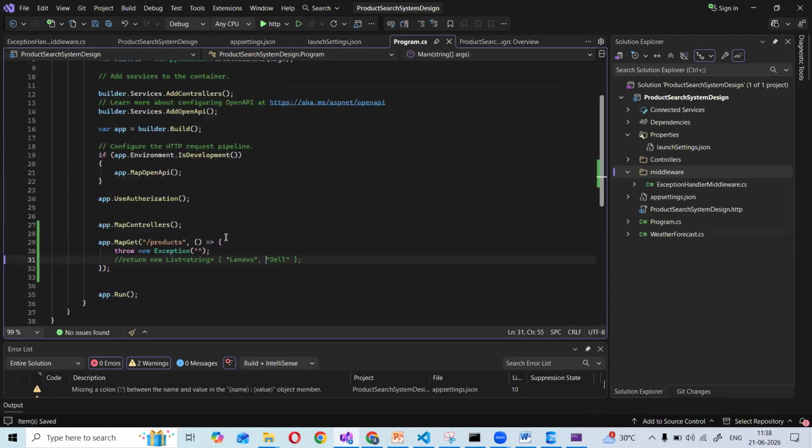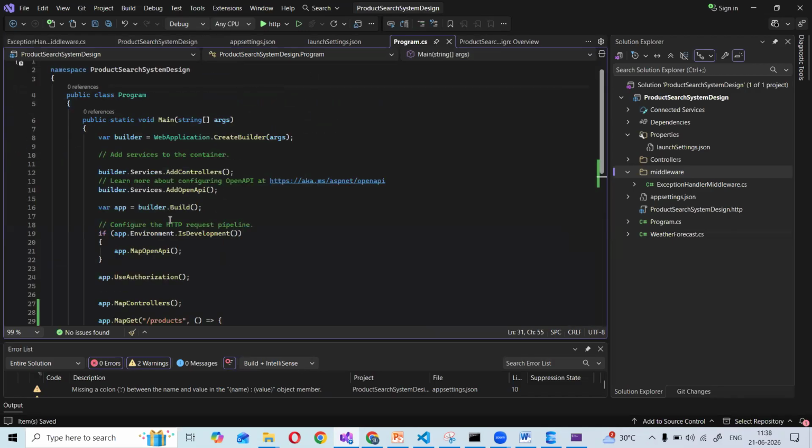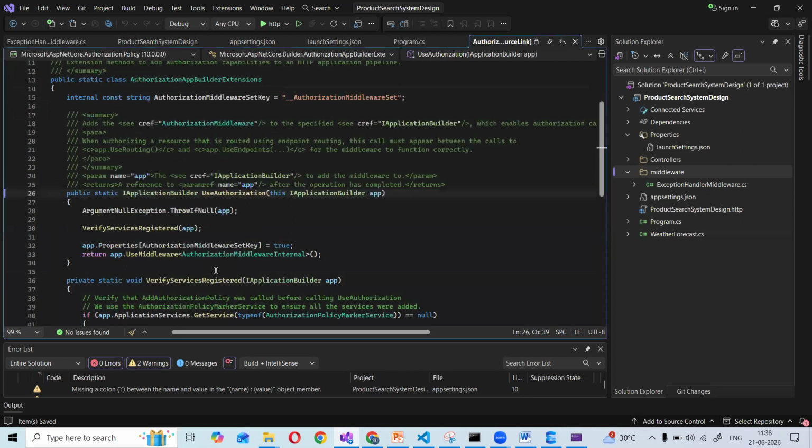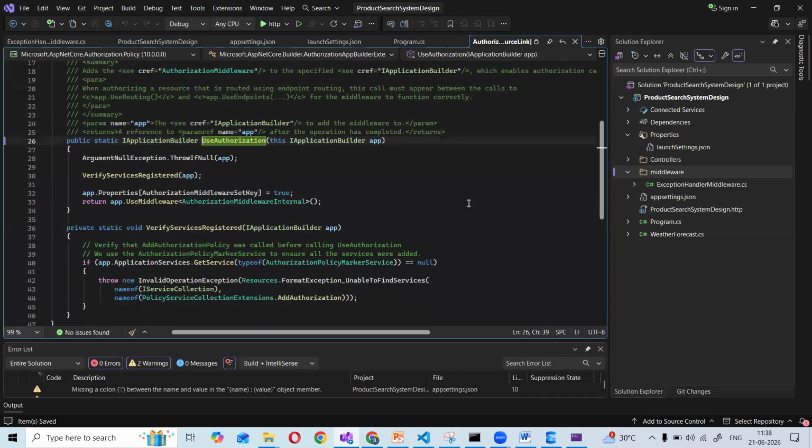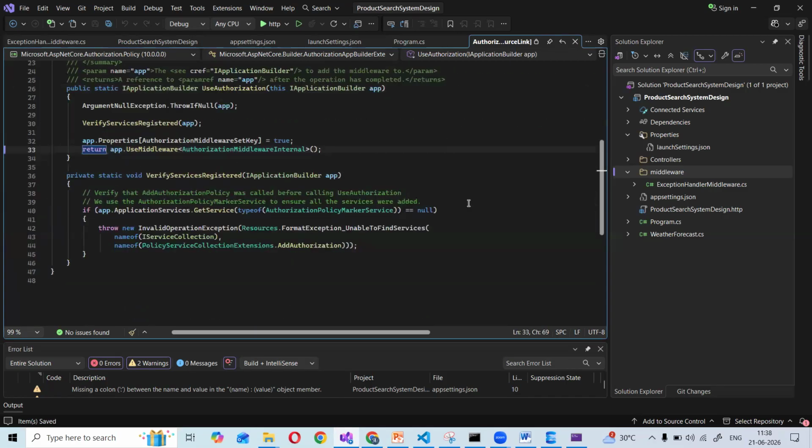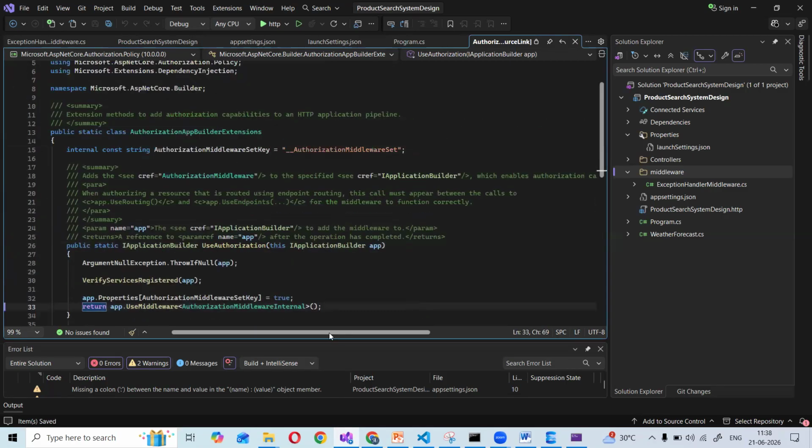So Program.cs, let me go here. These are the middleware, right? Sorry, Authorization. Where is my request delegate handler?